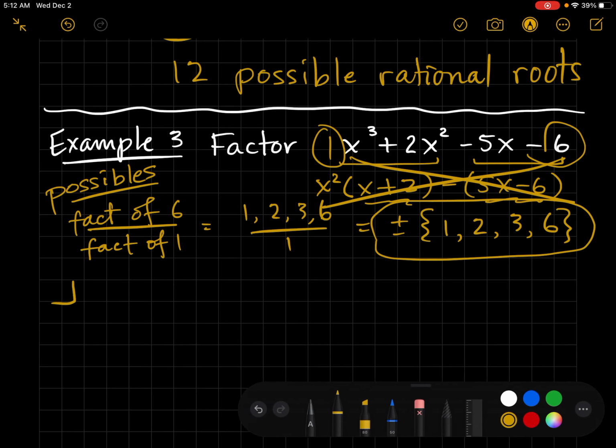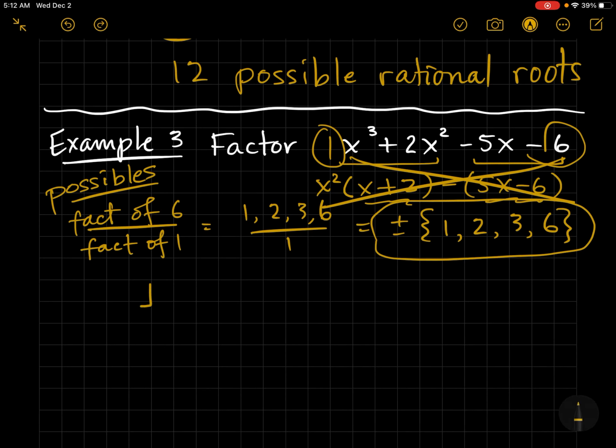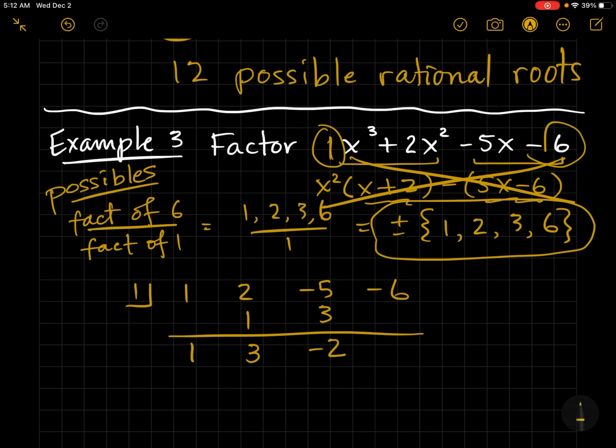So I'm just going to put 1 over here, and I'm going to check, put my coefficients, 1, 2, -5, -6, straight down, multiply, add, multiply,